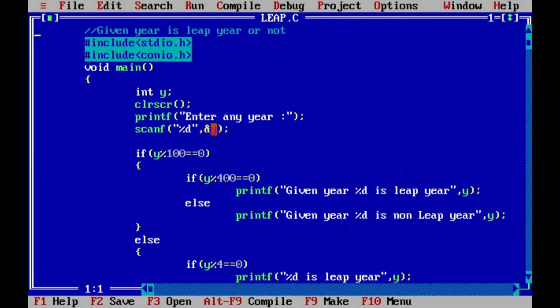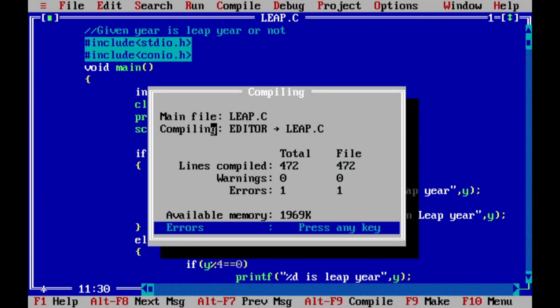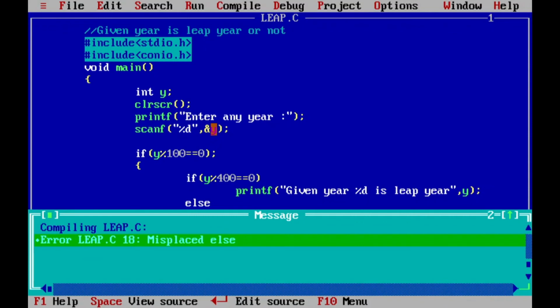See in this program, suppose first I put a semicolon here. Again compile this program, Alt plus F9. Here there is an error. What is that error? Misplaced else.